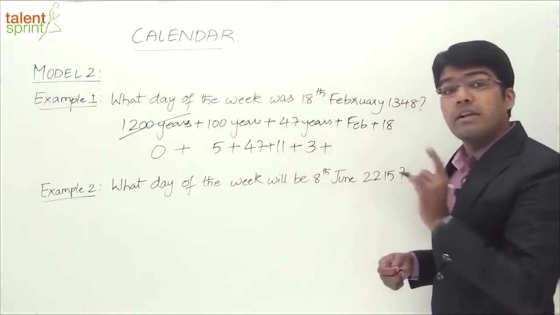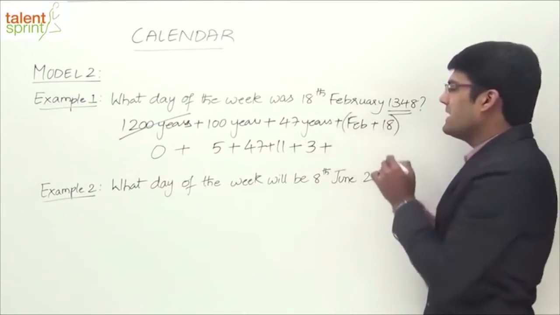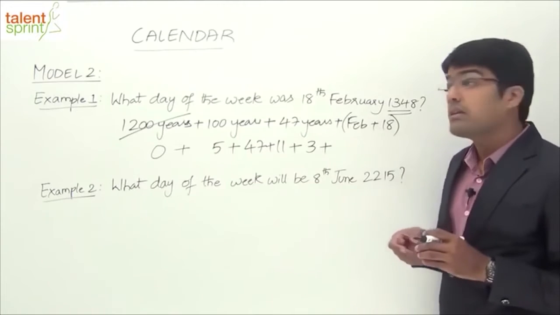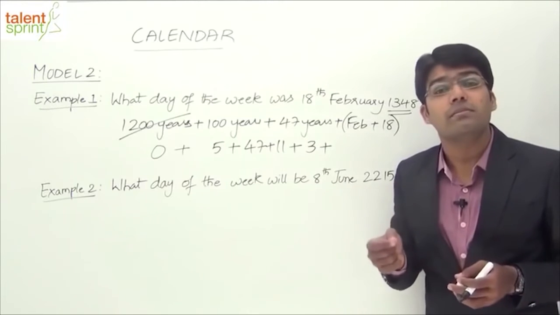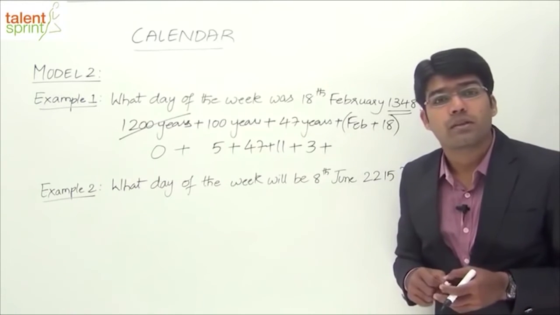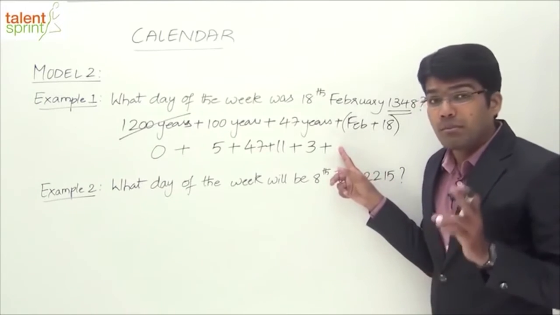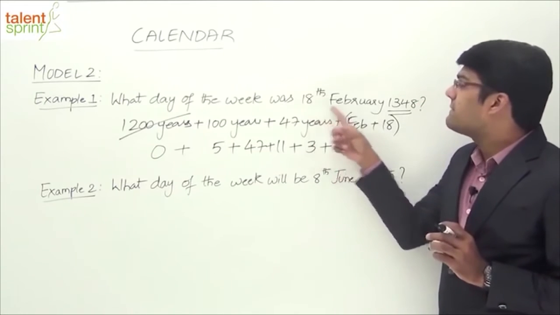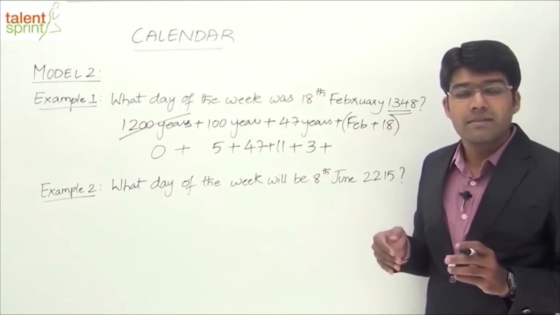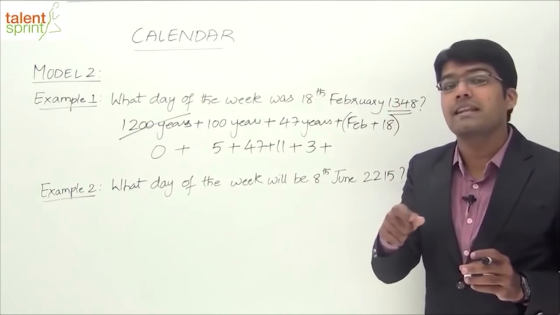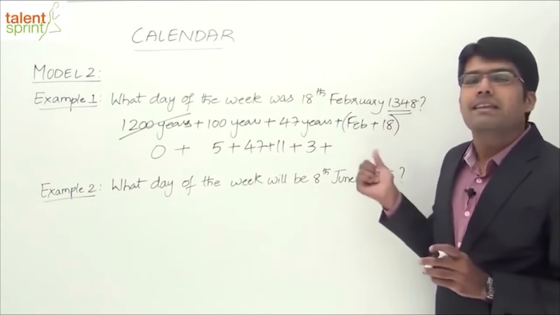But one important point that we need to keep in mind here is we are in the year 1348 now, right? Feb and 18, this refers to the year 1348, and 1348 is a leap year. Yes or no? The year 1348 would be a leap year because it is exactly divisible by 4. So we know that for leap years there will be one additional odd day. So we need to take plus 1. But the point to be noted here is 18th Feb 1348 comes before 29th Feb 1348. That means that extra odd day that we get in a leap year is beyond this date. Hence, we need not consider that extra odd day in the calculation.